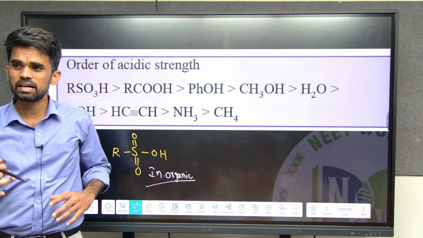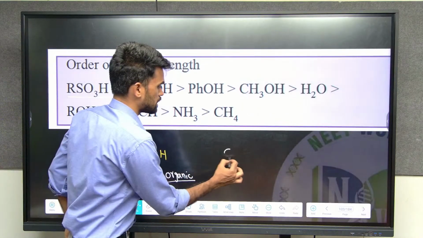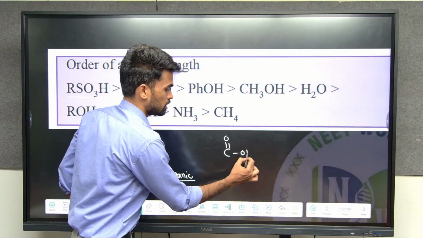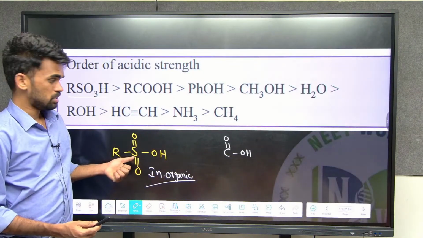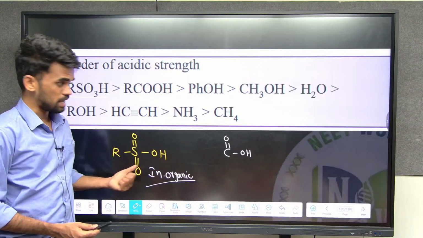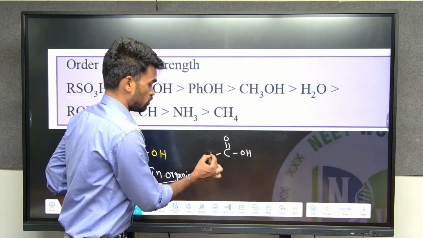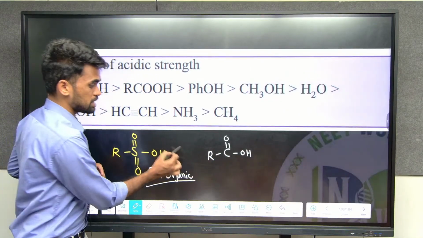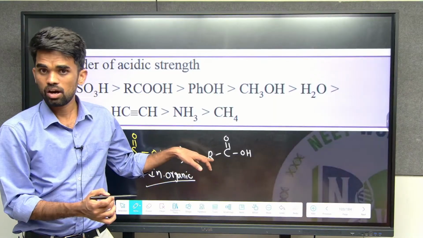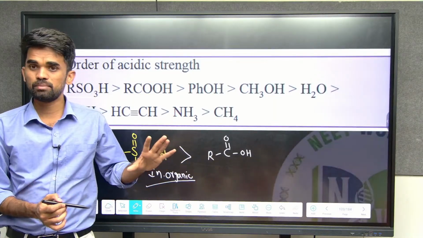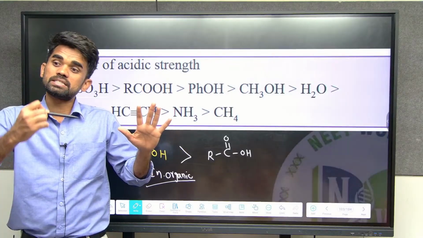Organic acids, inorganic acid means what? See, carboxylic acid means carbon is present, but here what do we have? So that's why I am saying it is an inorganic acid. So what I am saying? Inorganic acids are more acidic than organic acids all the time. Similarly, inorganic bases are more basic than